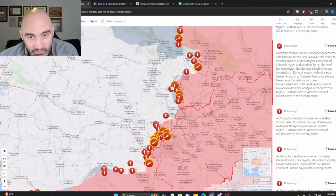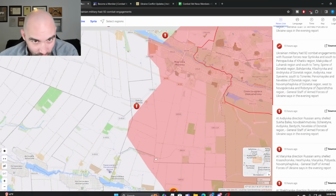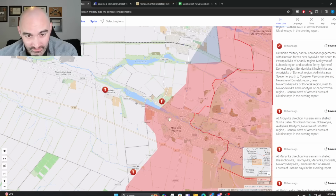You can see them focusing heavily on Avdiivka and Bakhmut, but still making some fights around Novomykhailivka and around